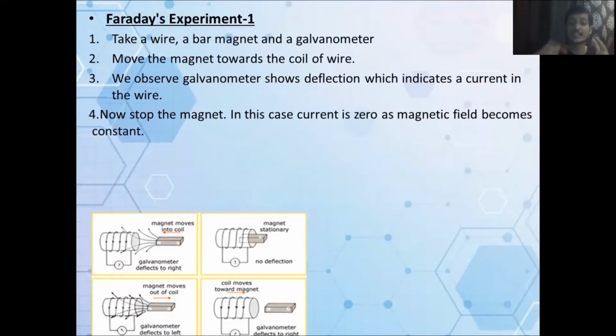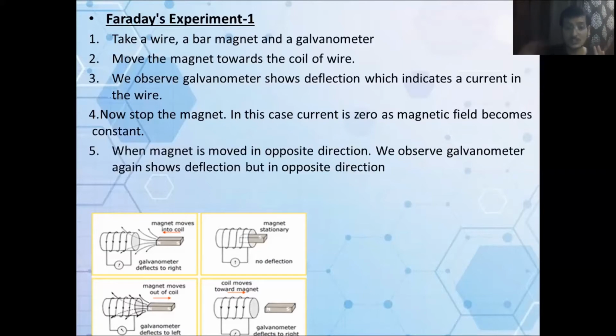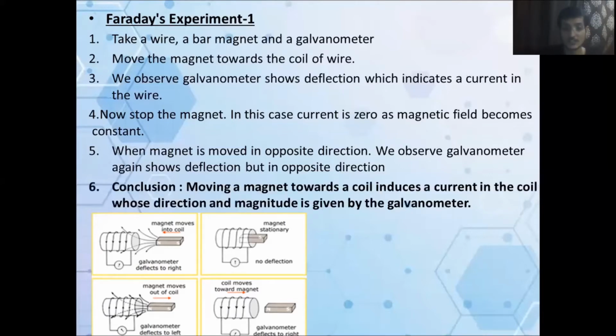Again, what we are doing is taking the magnet away from the coil. If you are taking the magnet away from the coil, it means the direction of change of the magnetic field is reversed now. So it induces the current but in the opposite direction. That's why the galvanometer shows deflection but in the opposite direction, which indicates that current is flowing in the opposite direction. So the conclusion here is that a magnet moving towards a coil induces a current in the coil, because if you are moving a magnet towards a coil,